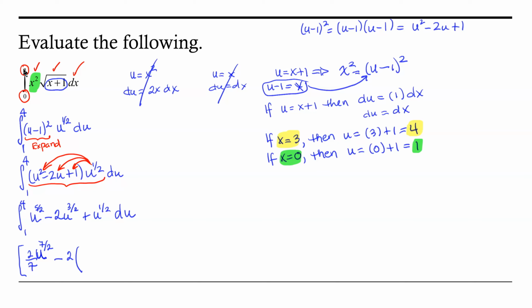minus 2 times u to the 3/2. For the antiderivative, I'm going to add 1 to that exponent. So 3/2 plus 1 is 5/2. So u to the 5/2. And then for my antiderivative there, I need to multiply by 2/5